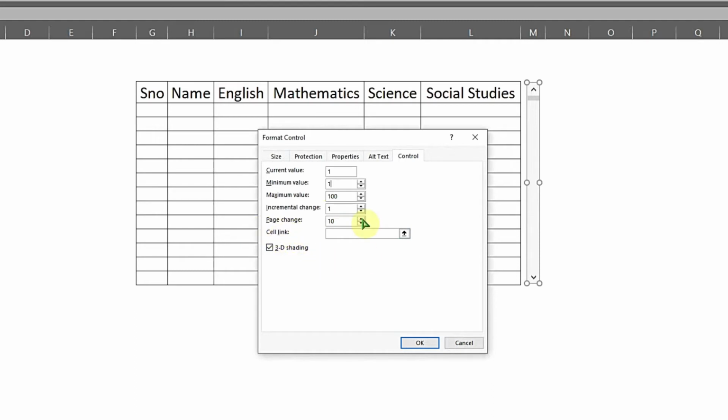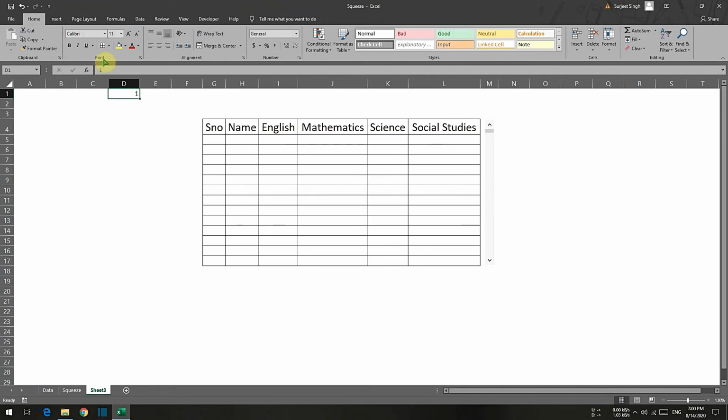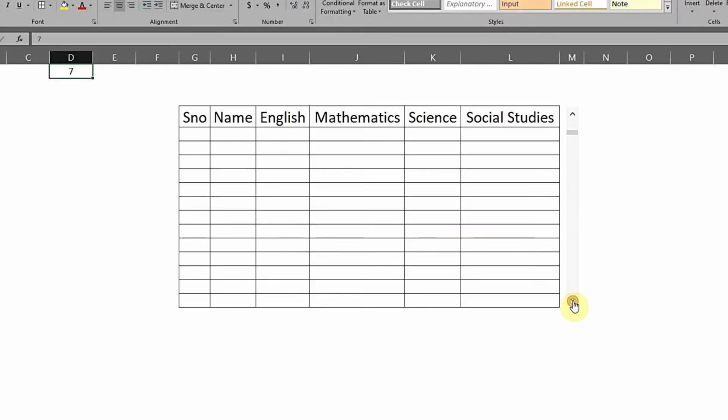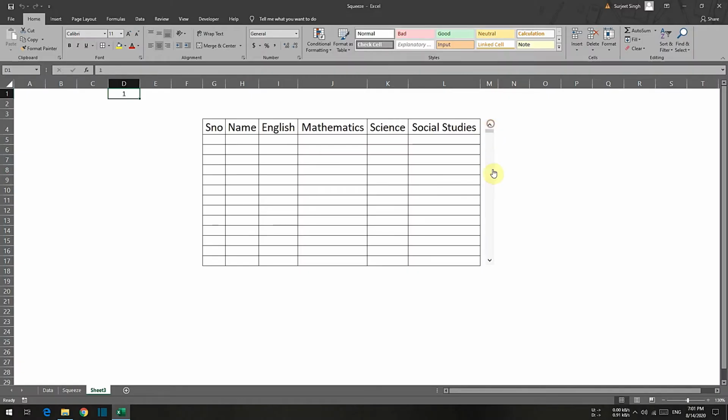In the cell link section, I will click here and then click anywhere on the sheet like this. I'll click on OK. As you can see, the cell that I selected has a number available, and when I click on the down arrow, the number is changing. That means our scroll bar is working perfectly fine.